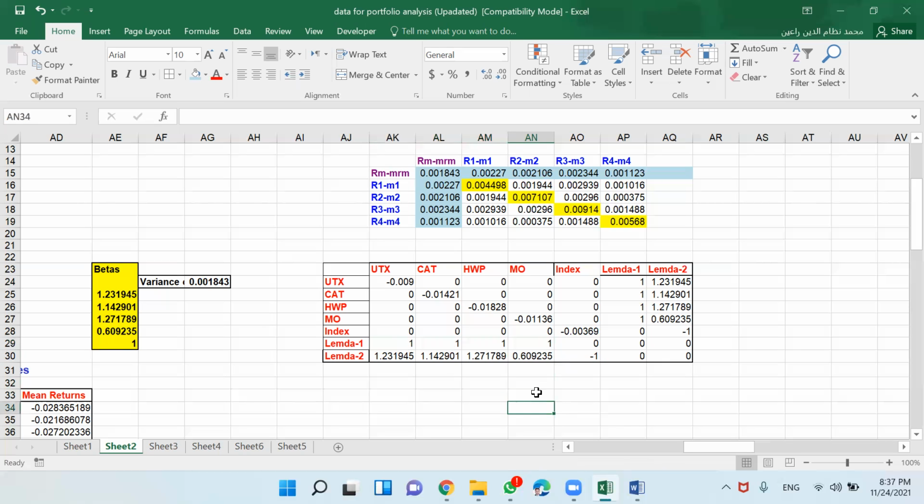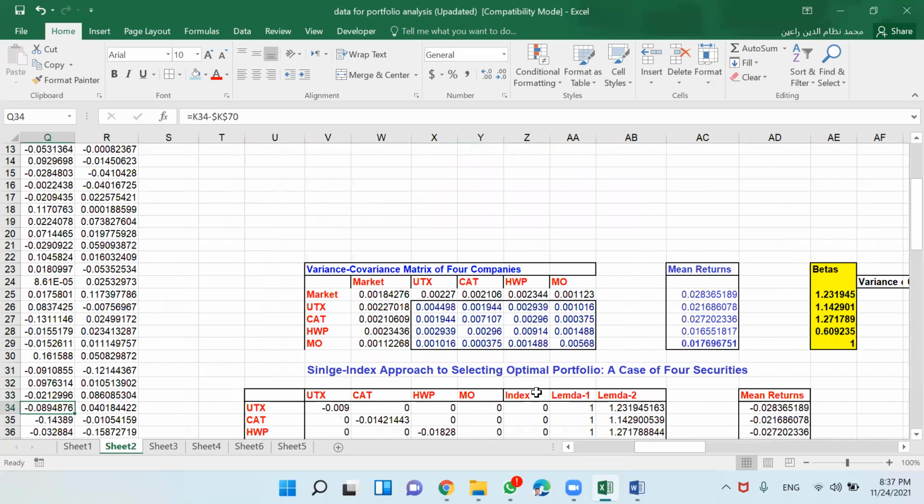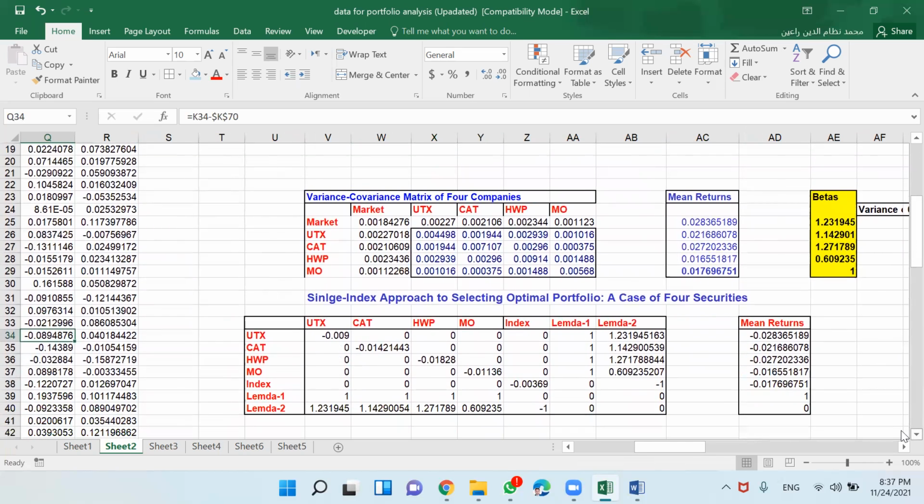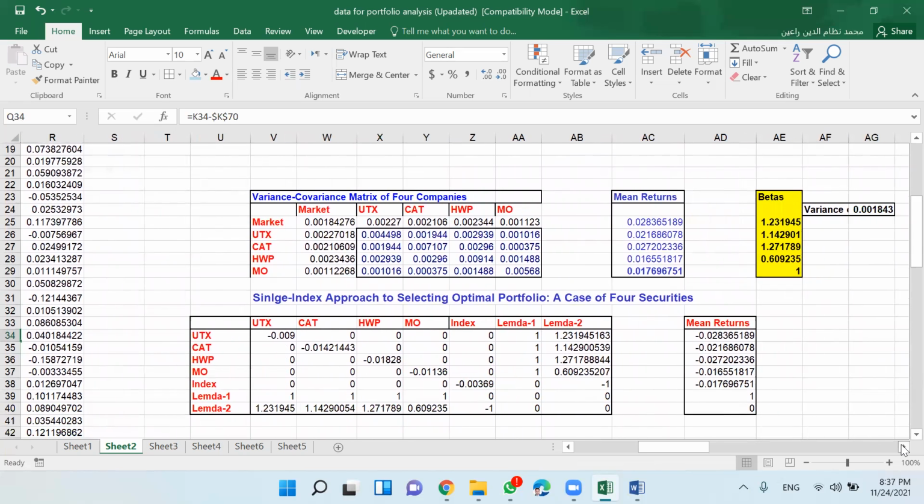Do we? I'm not sure. We do not put. Yes. Okay. Yeah, this is market. Right? 4 securities.